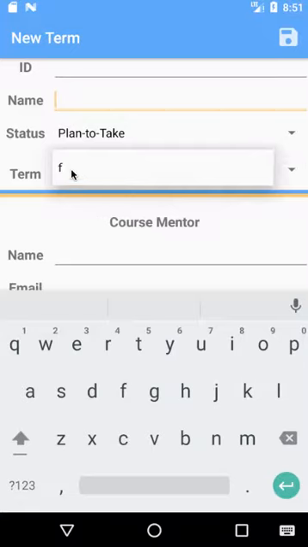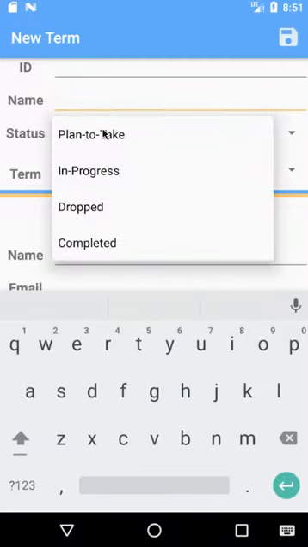And then we have the term. Here's a list. We have the one that we just added on here, and there'll be several others if you are actually using this. And then you can choose your status. Plan to take would be if you choose a term that's in the past, and you're creating a course, whether you're wanting to do that just to remember what you've done so far, it'll automatically be a plan to take and won't let you do in progress, because it obviously wouldn't be in progress if it was within a term